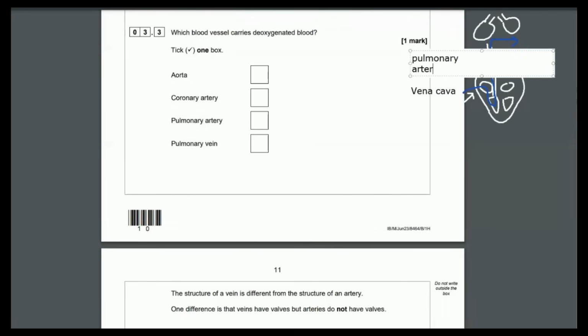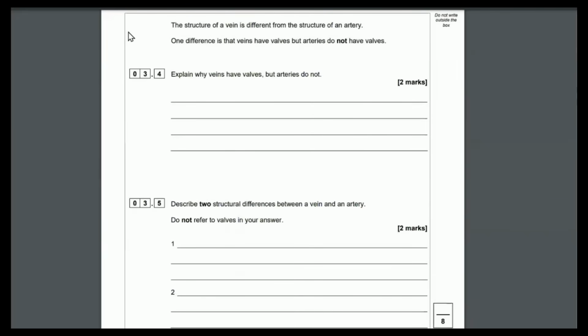So it enters the heart via the vena cava and then travels up a second tube, the deoxygenated blood, to the lungs. And that's the pulmonary artery, the only artery in the body that carries deoxygenated blood. How do we know it's an artery and not a vein? If you're going away from the heart, begin with an A. Away, you're an artery. Artery and away both begin with an A.